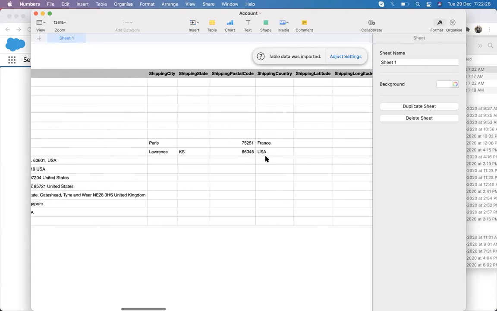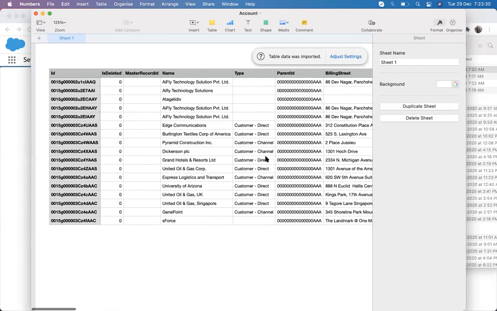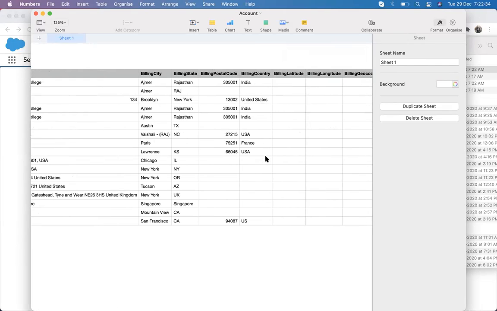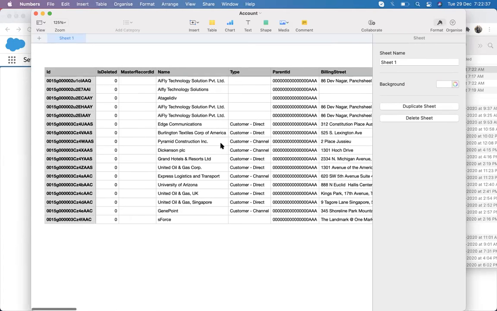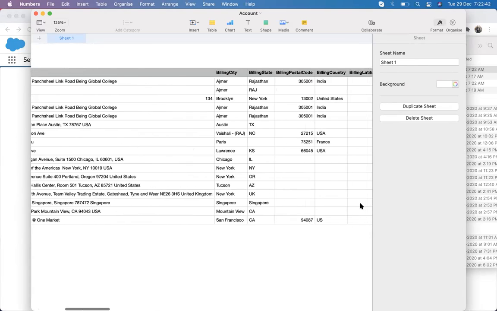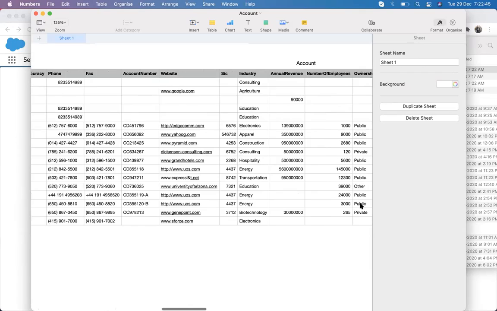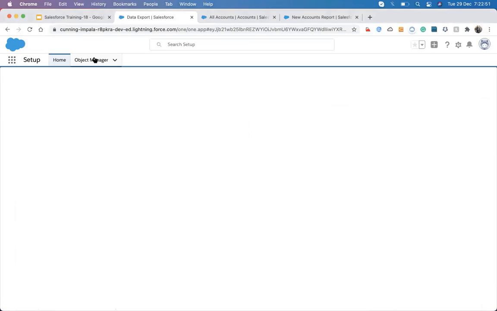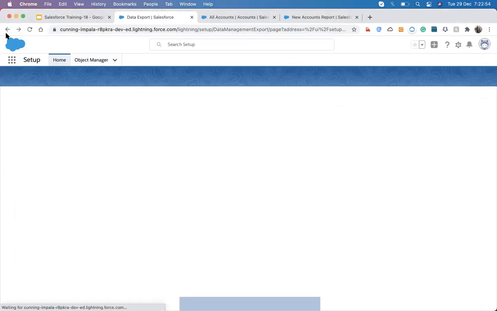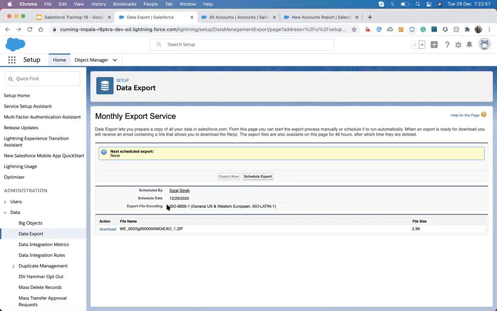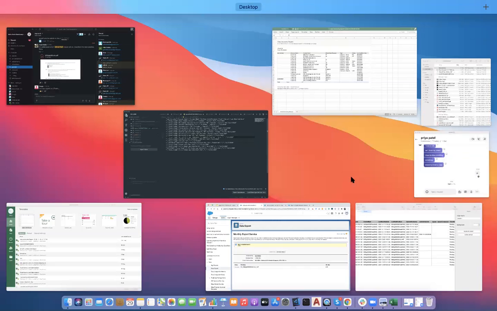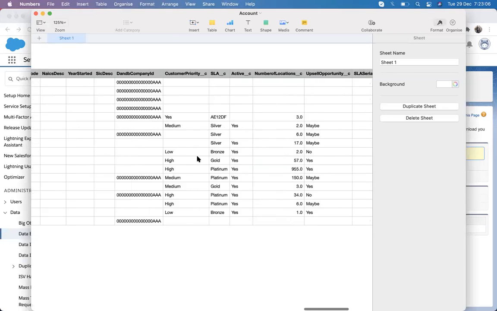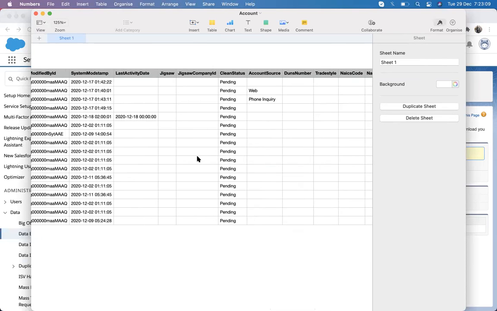Yes, Siraj, in what case are we going to need this information, exporting all of the object's details? Usually when we have to take a backup of the records, then we use the data export. Only for taking a backup we use the data export. You mean saving it just in case we lose it? Yeah, saving the record, so that we can keep it as history.